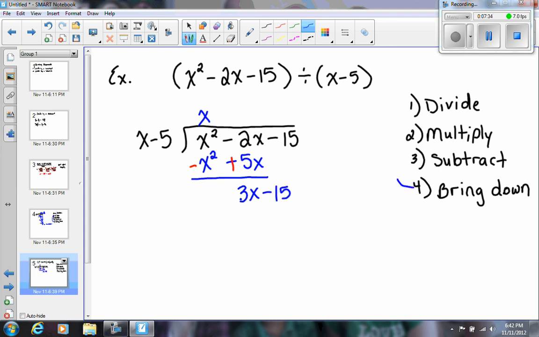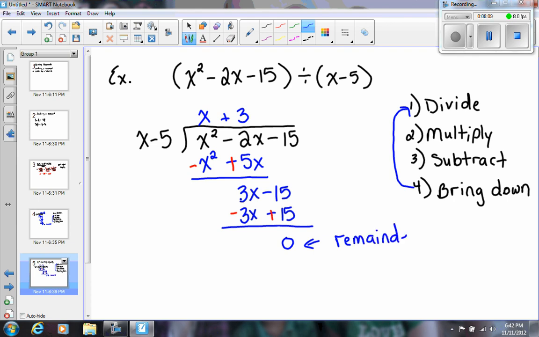And then I come back up to the first step, which is to divide. So what do I multiply x by to get 3x? 3. 3 times x is 3x. 3 times negative 5 is negative 15. And instead of subtracting, I change them to the opposite and I add. And when I do, they drop out and I get 0. This is the remainder, so I have a remainder of 0. So my answer